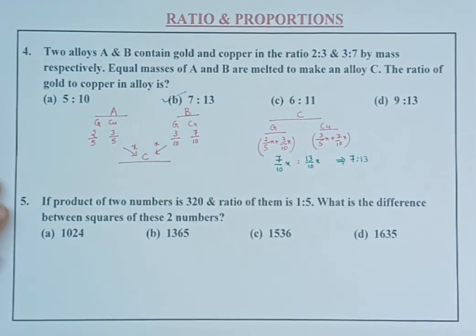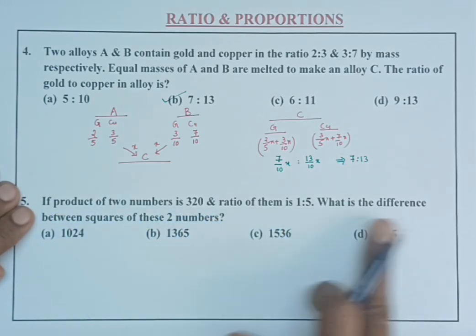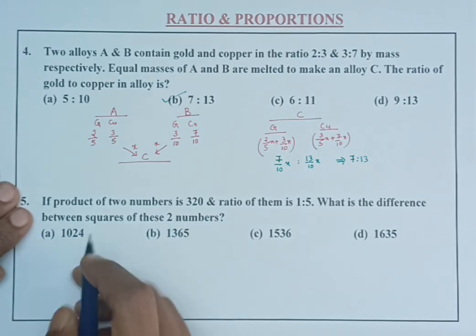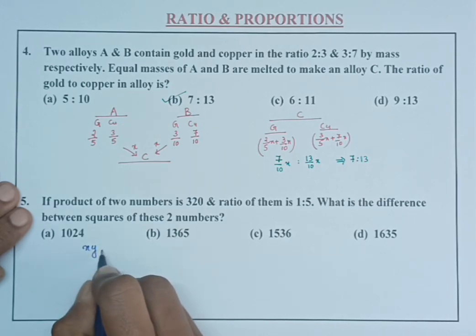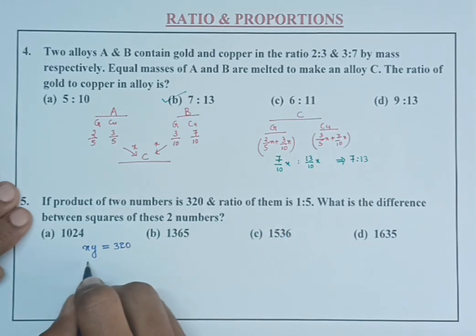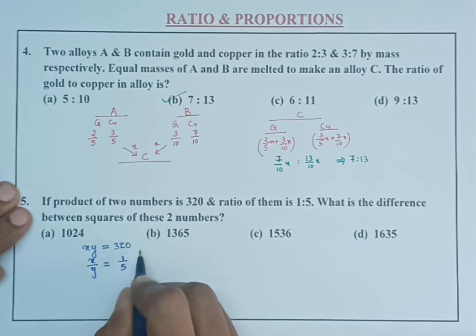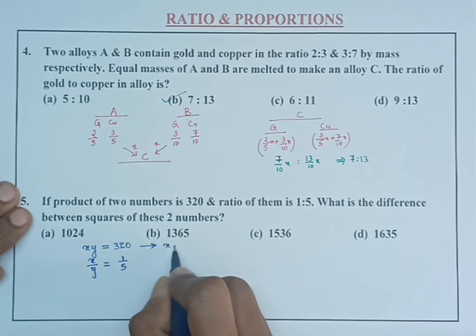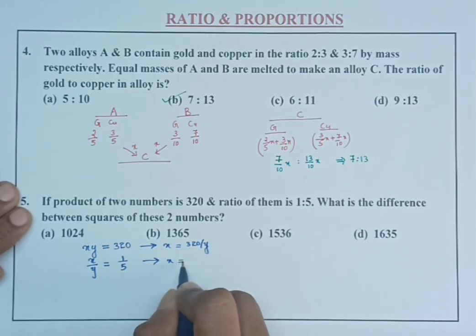The next question: if the product of two numbers is 320 and the ratio of them is 1 is to 5, what is the difference between the squares of these two numbers? Let the numbers be x and y. Then the product xy is equal to 320 and the ratio x by y is equal to 1 by 5. This implies x equals 320 by y, and x equals y by 5. So multiplying these two,